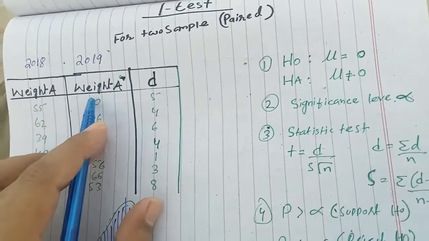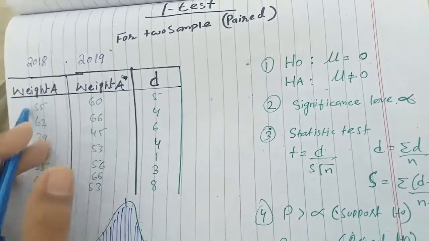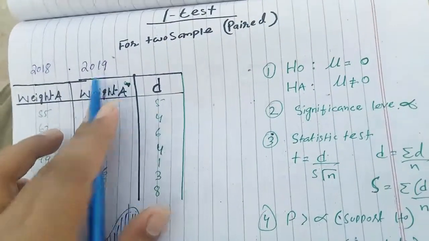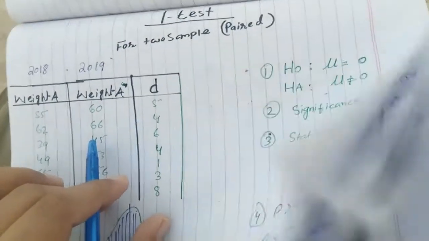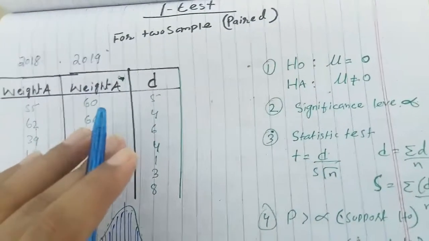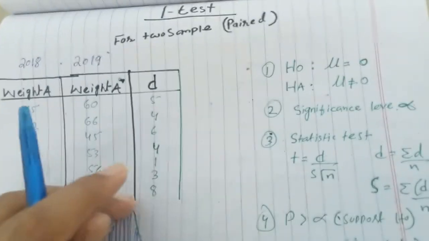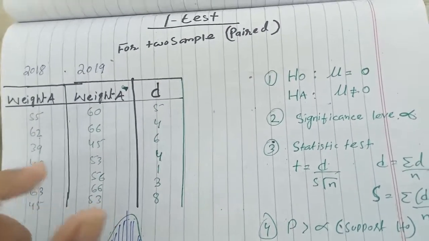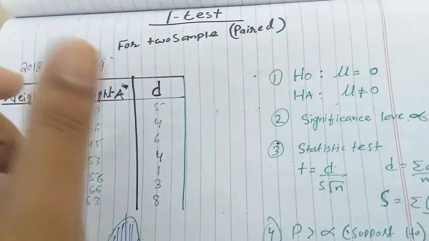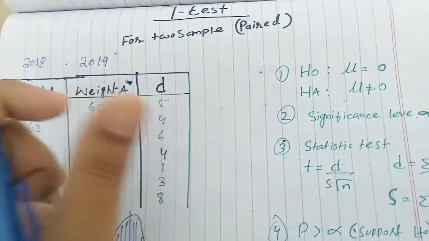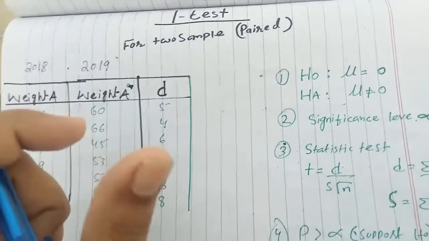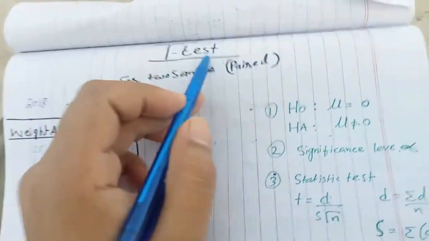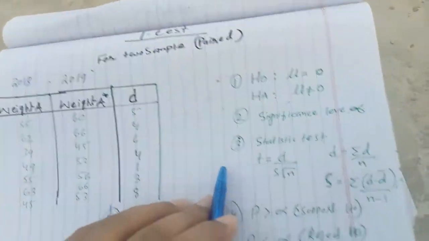This is calculated in 2018 and this in 2019 for the similar group, right? When we try to calculate the mean of the same group after the effect, and check for a significant difference, we will use the paired t-test, and similar steps